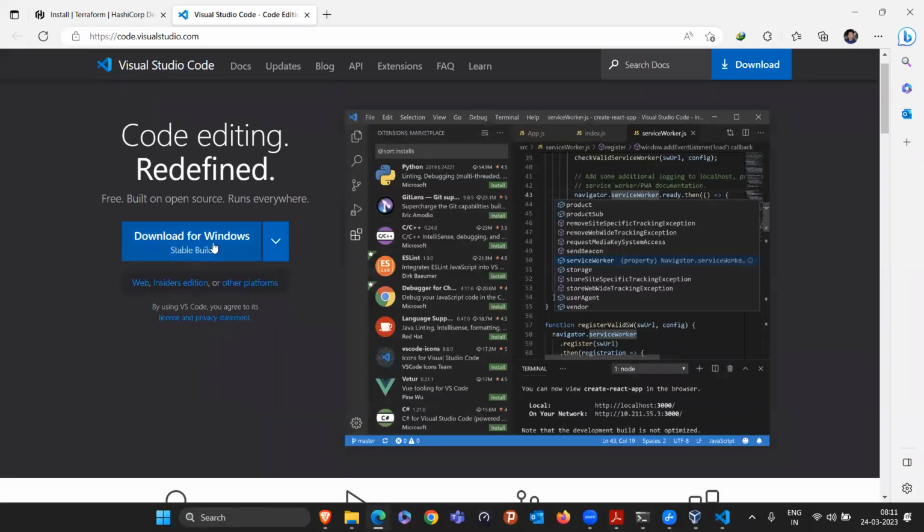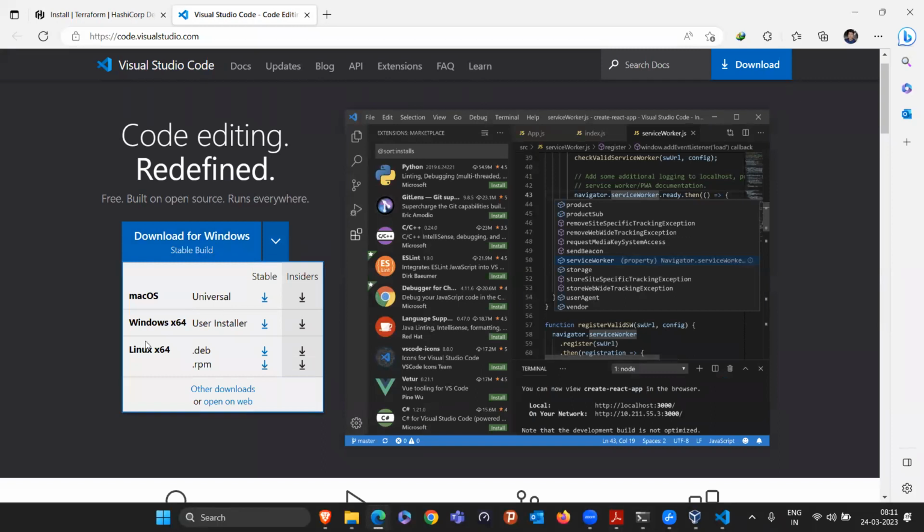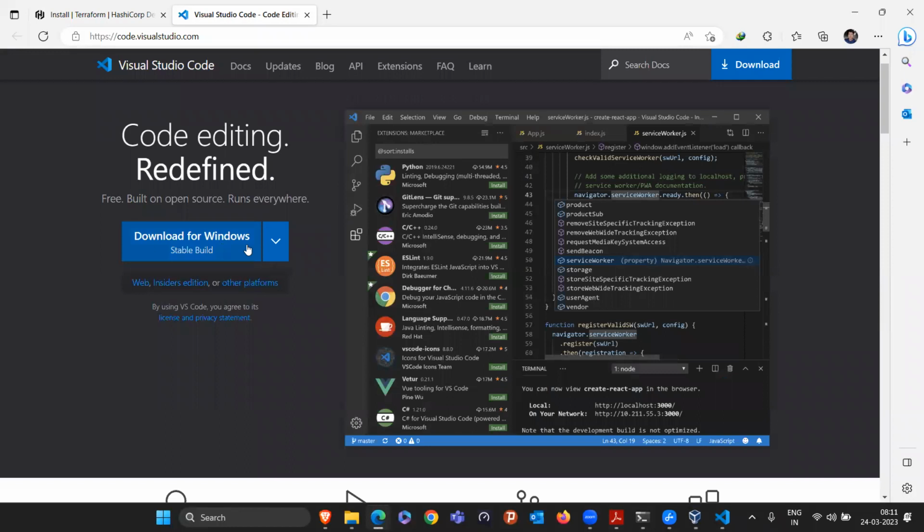Simply download this for Windows. If somebody is using something different, you can go for Mac OS also, Linux also, like this. Download for Windows. Once you have downloaded it,